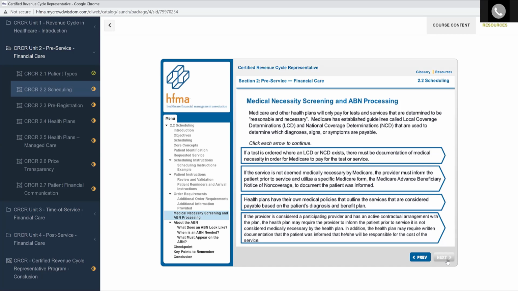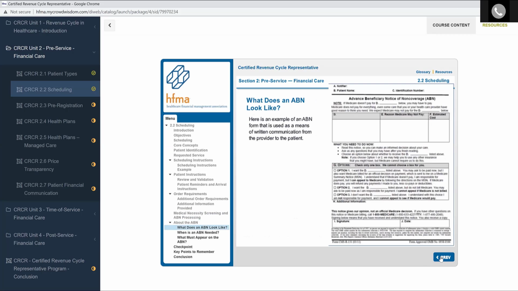So here we will talk about the ABN. What does an ABN look like? If you click on that, this is an example of what the ABN looks like, and it's used as a means of written communication from the provider to the patient. This is required for Medicare recipients. You have to use this form, and you have to use the font they have. It has to be exact. This is not a form that you can